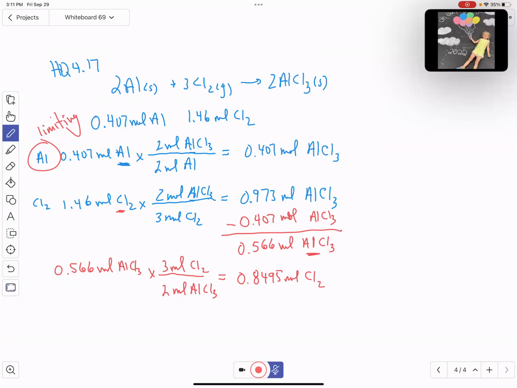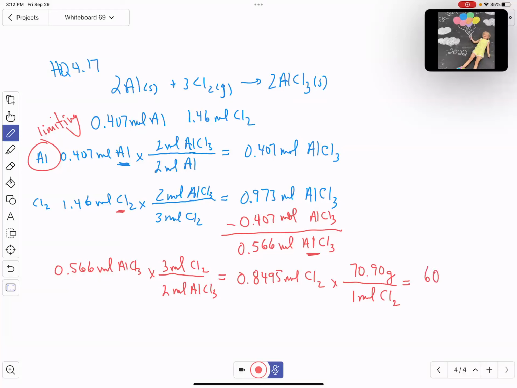That's what's left over. They want to know the mass, right? So the last step to say, okay, if I've got this many moles of chlorine left over, right? Well, I know for every 1 mole of chlorine, monatomic chlorine is 35.45. So diatomic chlorine is 70.9 grams per 1 mole. So we multiply by 70.9. And we're going to have an excess of about